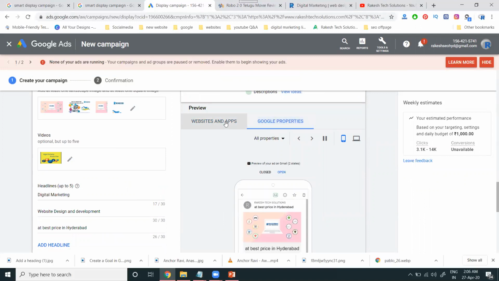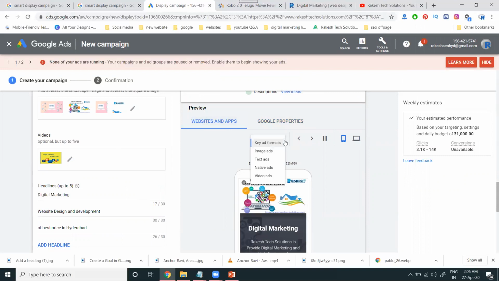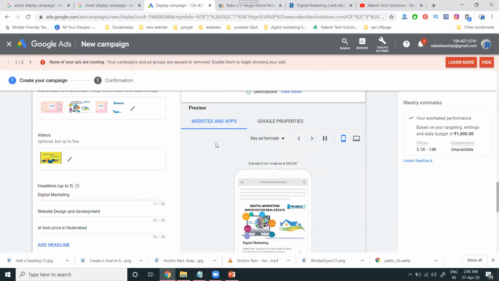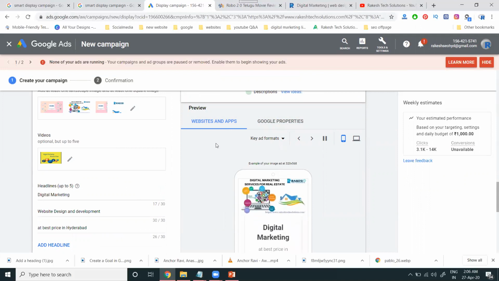Display will be supported for Gmail and YouTube, and which website will be approved by the apps, and your website is approved by Google AdSense ads. That means your website will be promoted on other websites using display ads. If anyone asks how you can promote your website on other websites, that option will use AdSense. The particular option will be there.